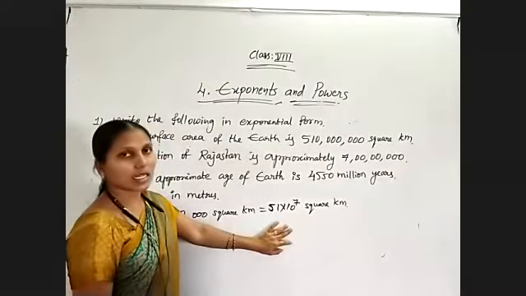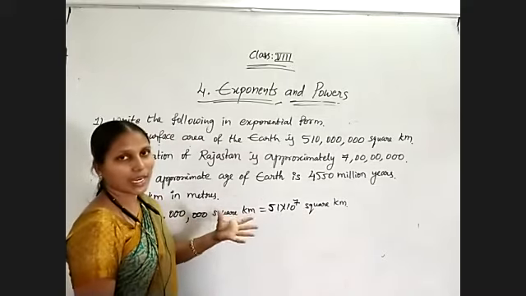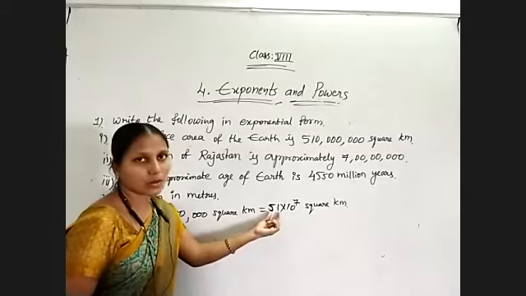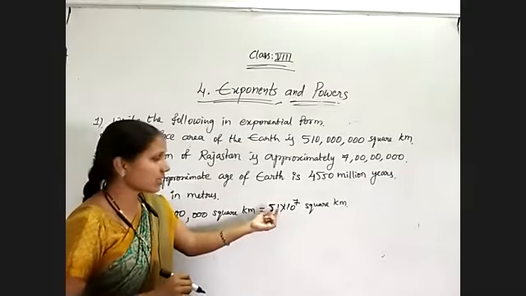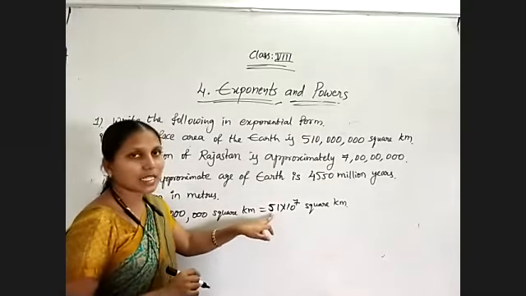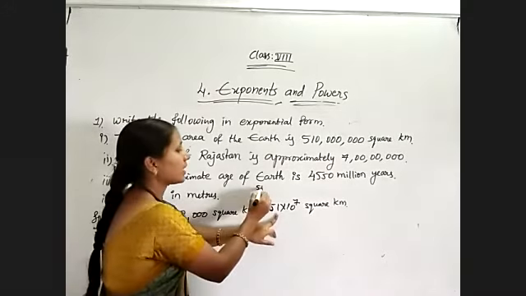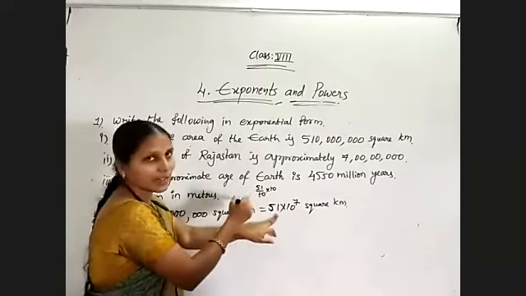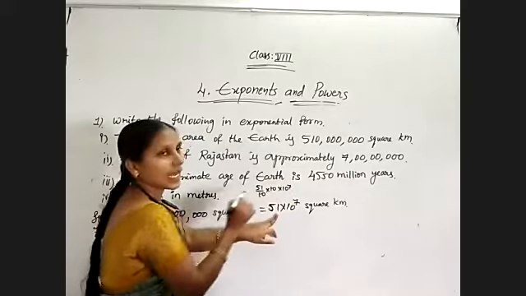About the standard form we will discuss later on, but I am giving some idea about that. Standard form is nothing but this: we shouldn't write 51 like this, we must write numbers from 1 to 10 only. If it is a decimal value, also no problem. So I am indicating this 51 as a decimal number, like 51 by 10 into 10. Is there any problem? No. 10 will get cancelled, again we'll get 51 itself.